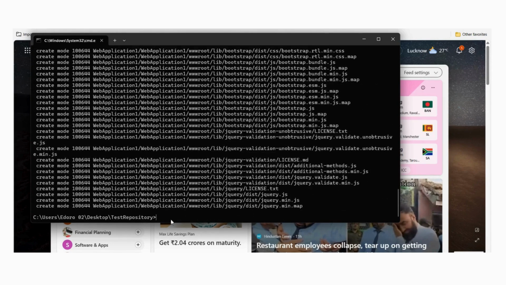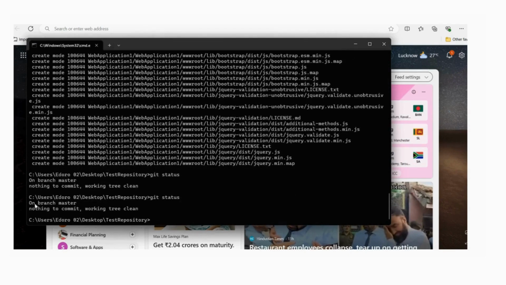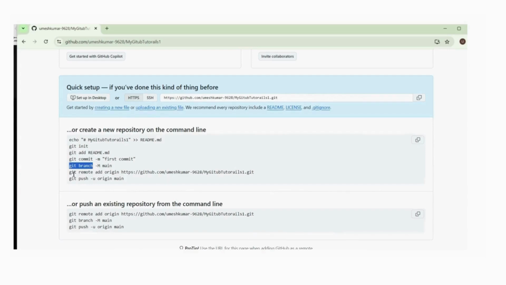Now if you want to check your branch status where your repository has been created, then use the command git status. Enter. Our branch is master, and now enter the next command. Use this command line.